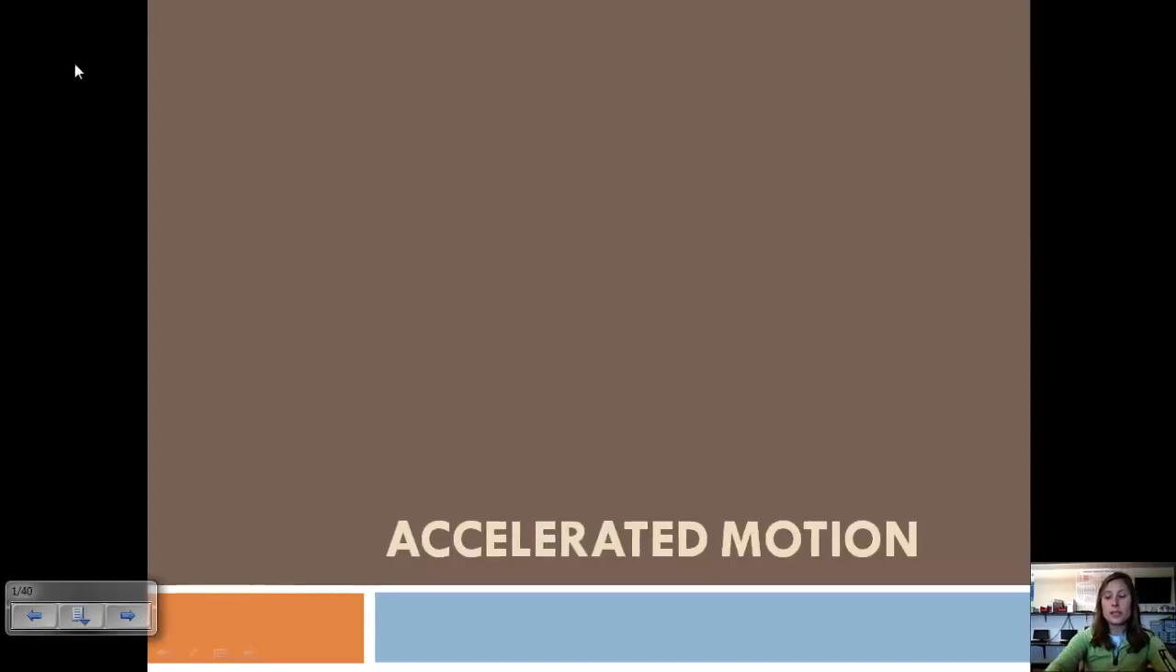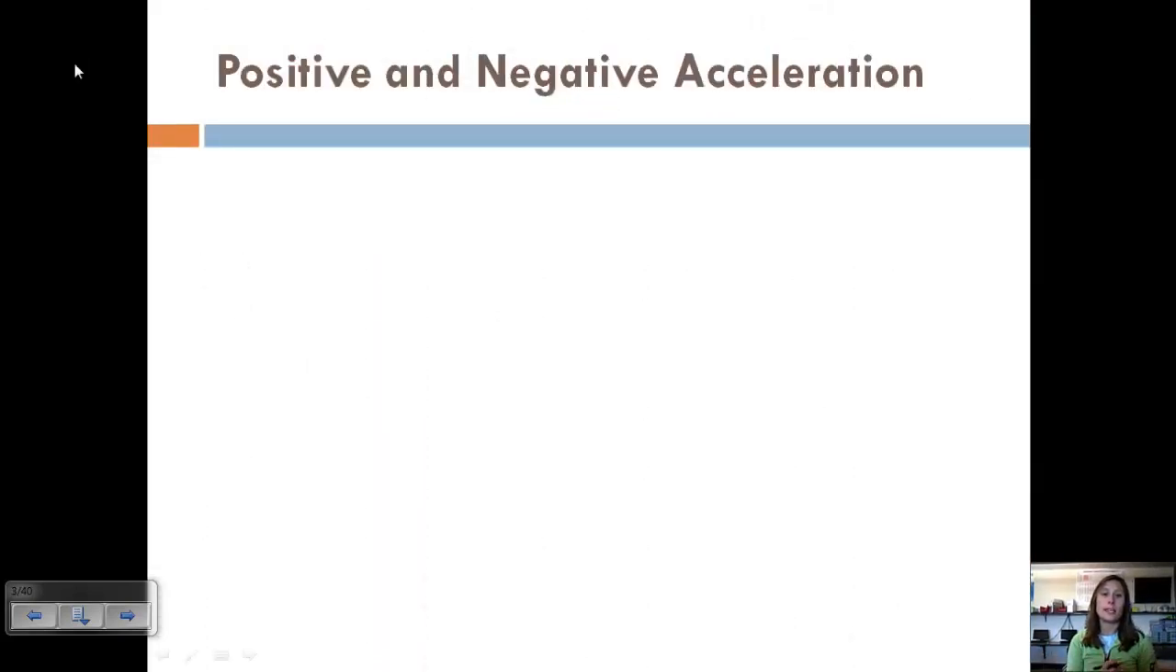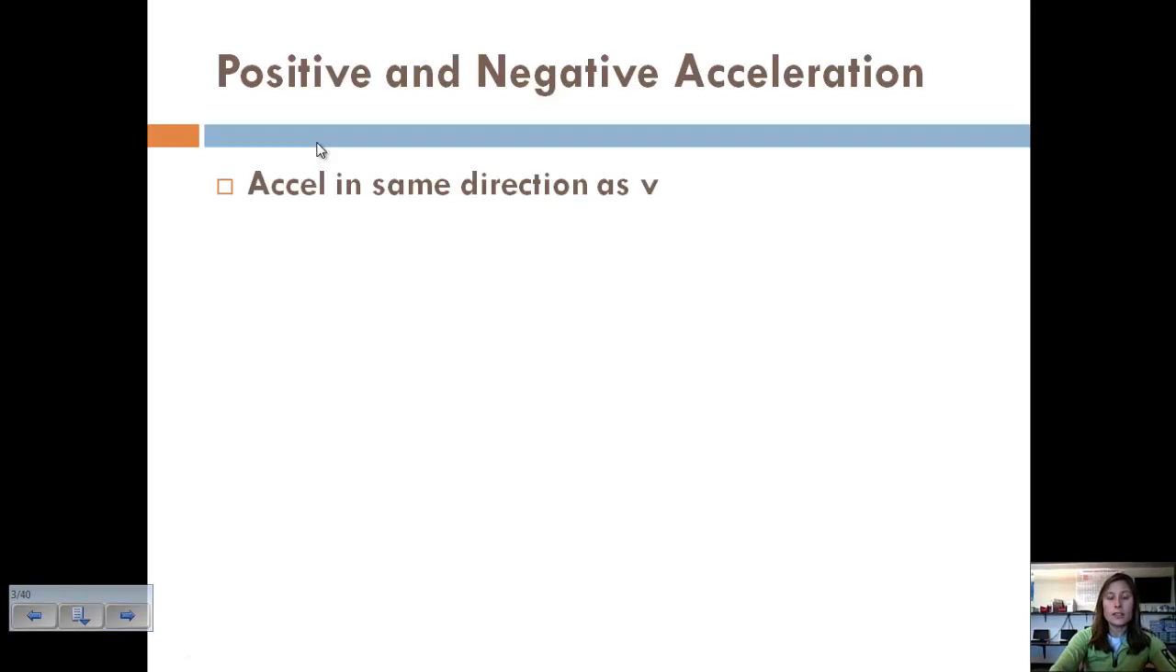Alright, so today we're going to start Chapter 3, which is dealing with accelerated motion. For the first section, we're just going to introduce acceleration and talk a little bit about how to calculate it. There can be two signs for acceleration, positive and negative. Acceleration we usually refer to as the positive acceleration, and deceleration we usually refer to as the